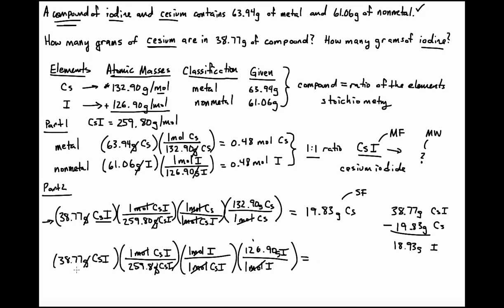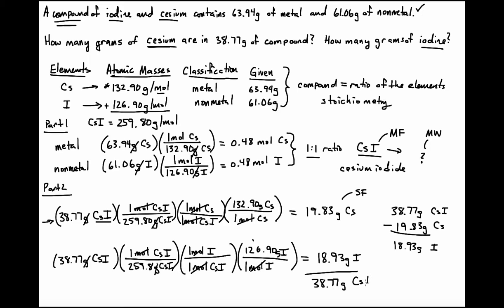So we can take 38.77 divided by 259.8 and then multiply by 126.90, we're going to get the same as we calculated before. And if you sum these two together, you'll see that you end up with what we started with, 38.77 grams